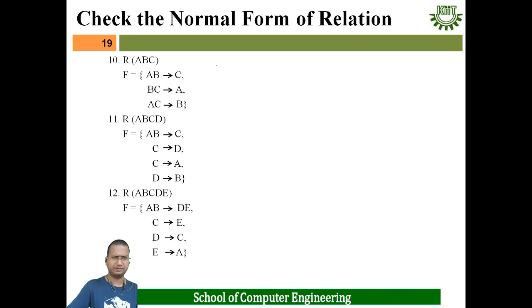Question number R, ABC, AB to BC to A, AB to BC to A, SC to B. In this case, the highest normal form, ABC is the candidate key and attribute, hence it is in BCNF. Question 6: this is in BCNF. The highest normal form will be your BCNF, and in this case, the highest normal form will be your 2NF, and in this case, the highest normal form will be your